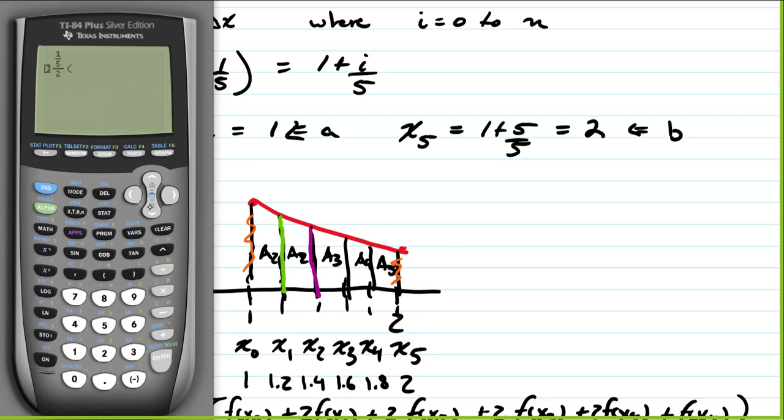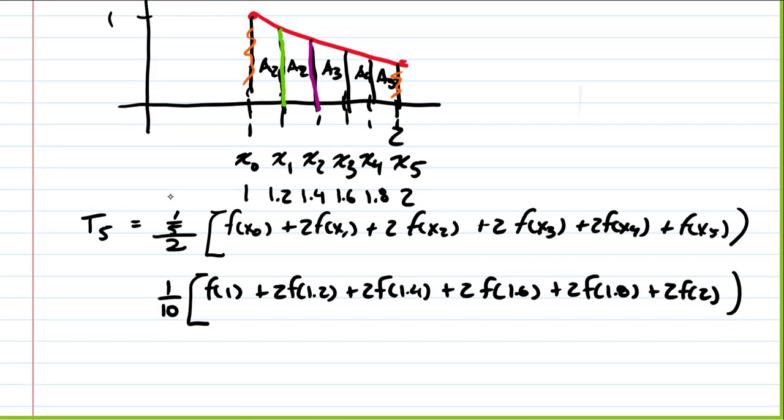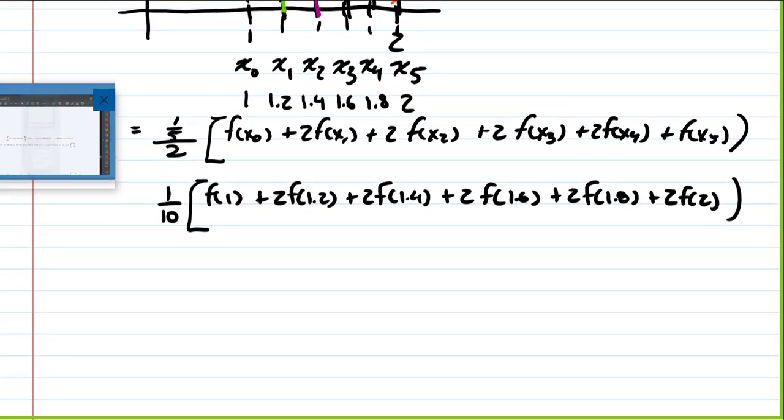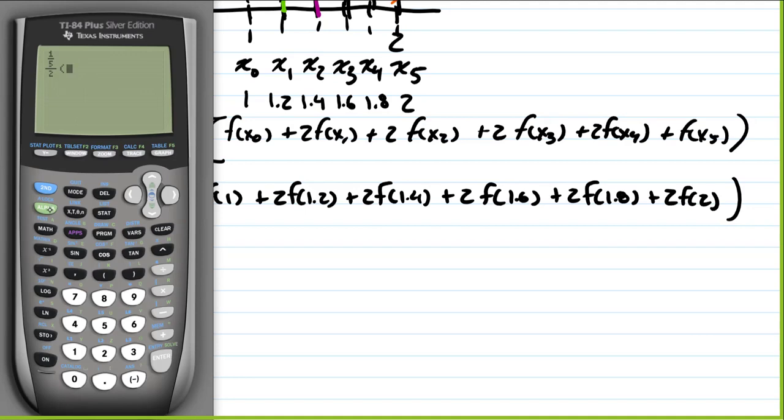Now back to our home screen. So we have our delta x divided by 2, and now we need to put in these values. So we would go alpha trace, choose y1 of 1, plus alpha trace,